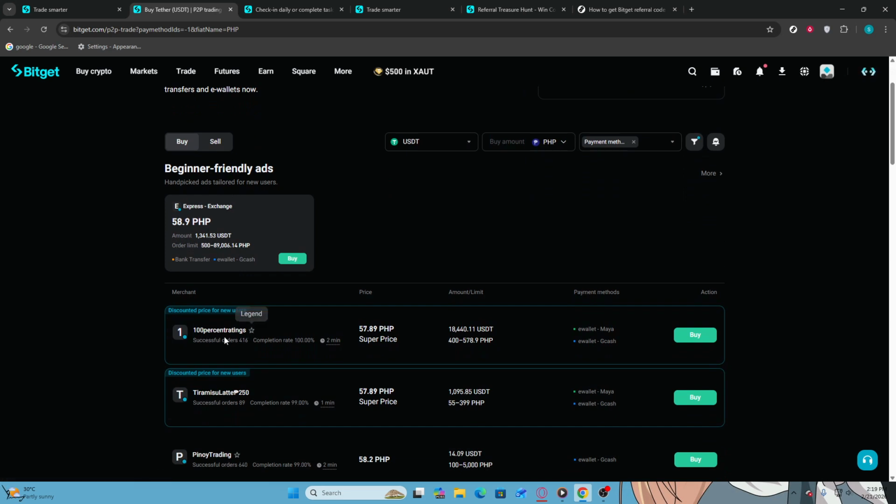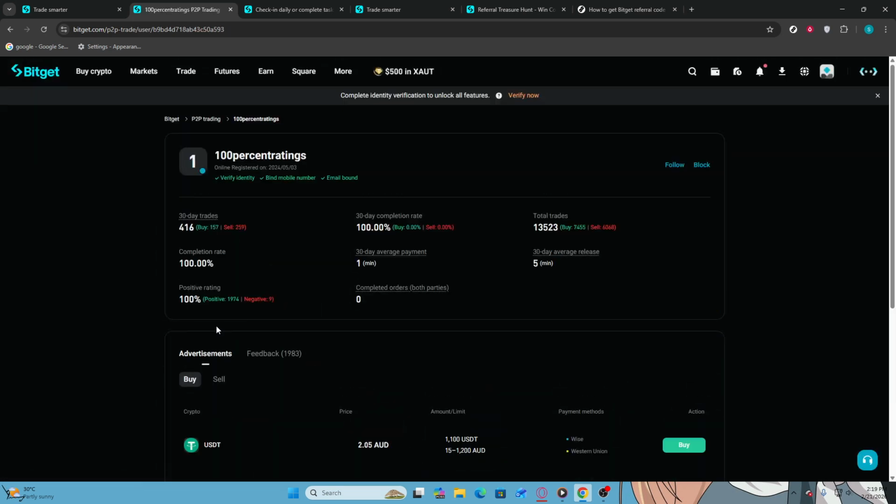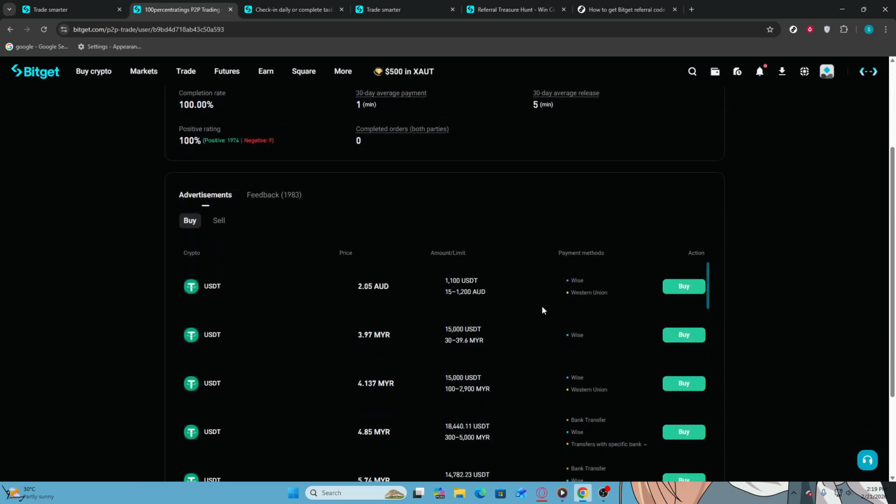Next, click on an advertiser or user from the list presented on the screen. This selection will allow you to view their trading offer, including the price and payment methods they accept. Review this information carefully to ensure it meets your requirements. After selecting a user, proceed by clicking the buy button associated with their offer. This will initiate the transaction process, and you will be directed to a new page where you can specify the